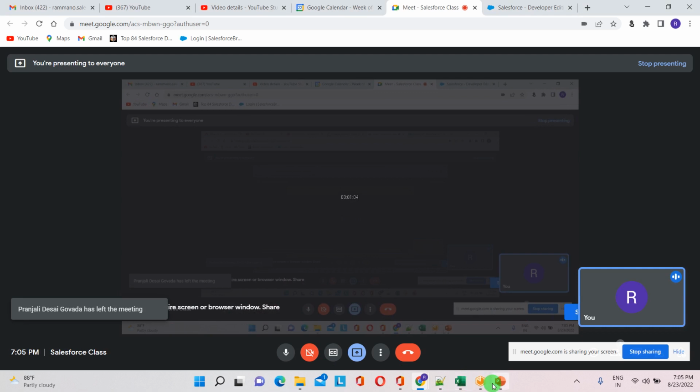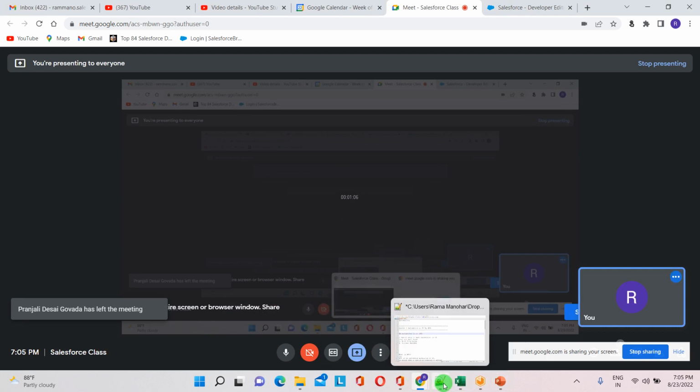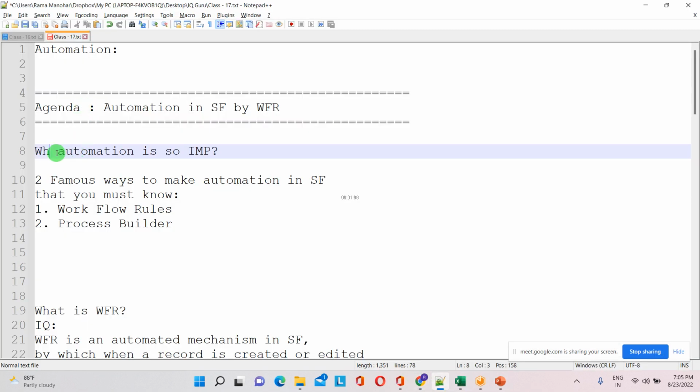So we are going to discuss workflow rules in automation. So, what are the ways to